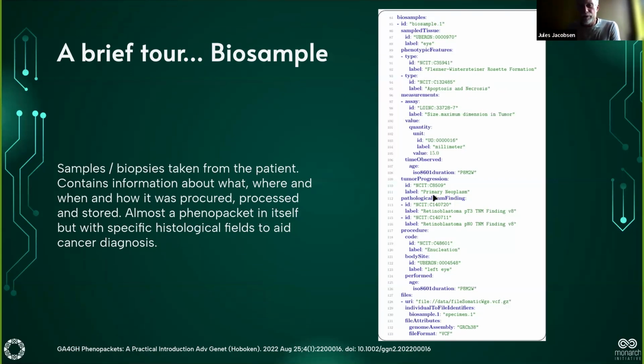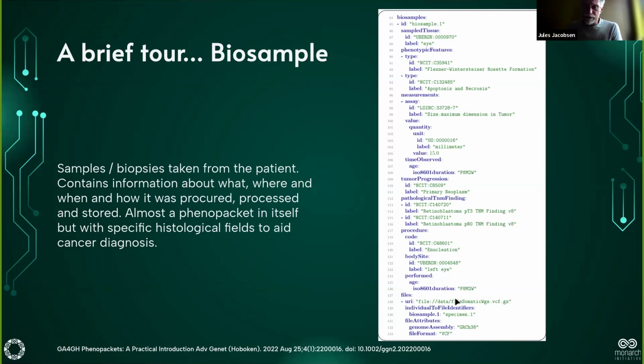But because it's really meant for histology, we have things like the actual tumor progression that you can put in here. So there was a TNM finding here. You can see the retinoblastoma, stage 3. Sorry, I can't remember which that is now. Anyway, it's fairly well advanced. So it says here that the procedure was enucleation of the eye. So the eye was removed when the patient was 8 months old,